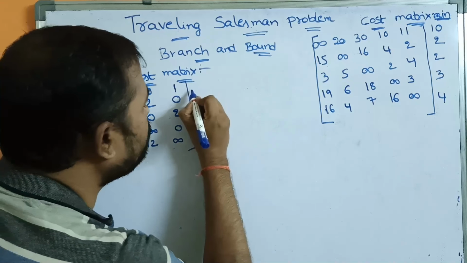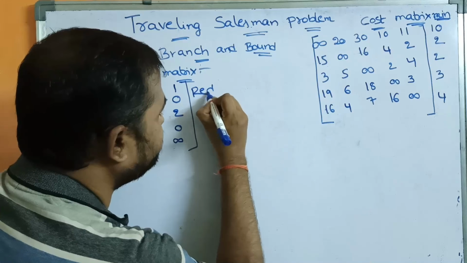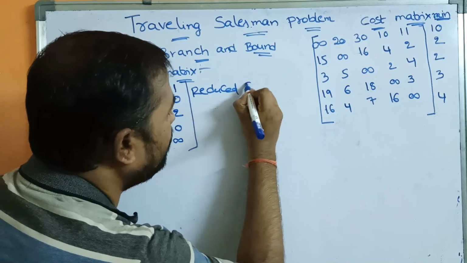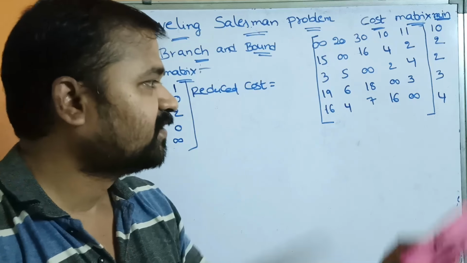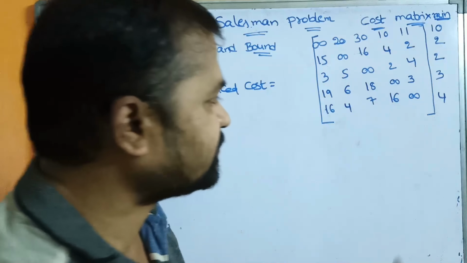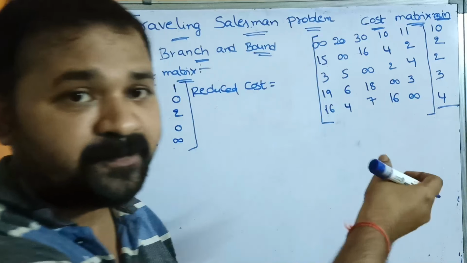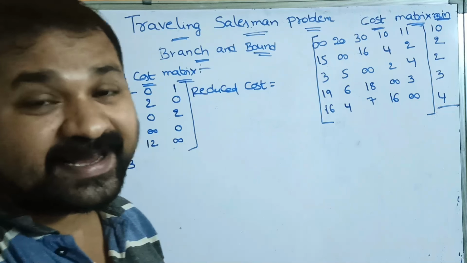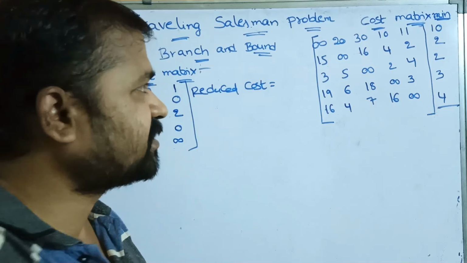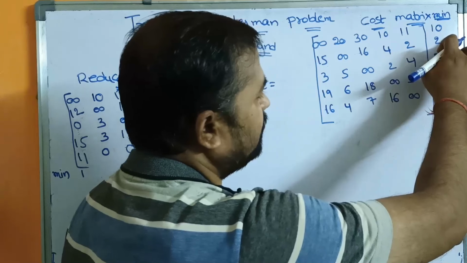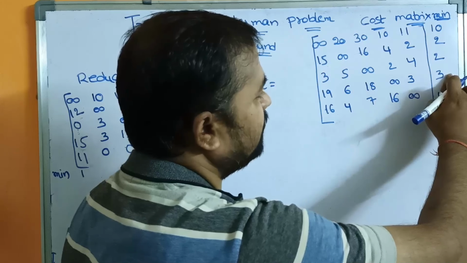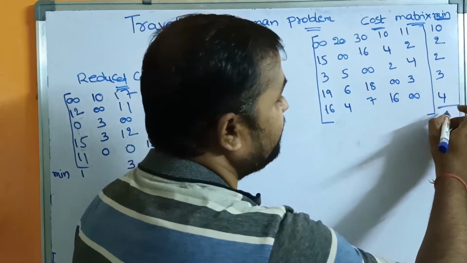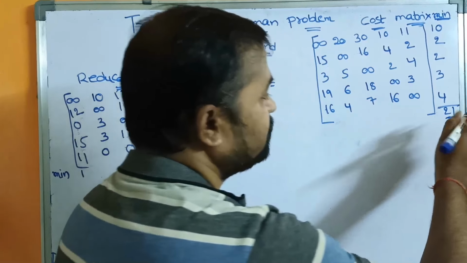So now we have to find out the reduced cost. What is the reduced cost here? In order to find out the reduced cost, we have to sum all these values: row reduction sum plus column reduction sum. So 10 plus 2 means 12. 12 plus 2 means 14. 14 plus 3 means 17. 17 plus 4 means 21. So 21 is nothing